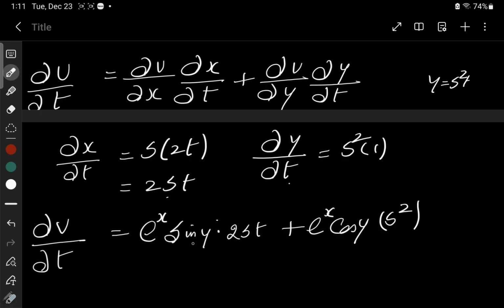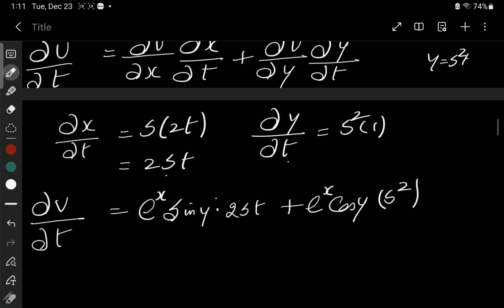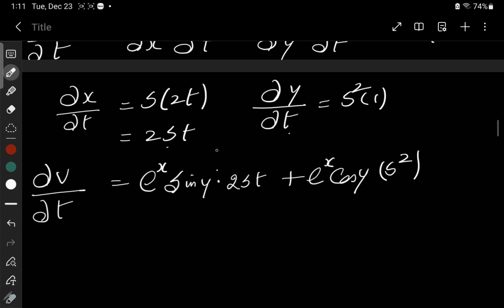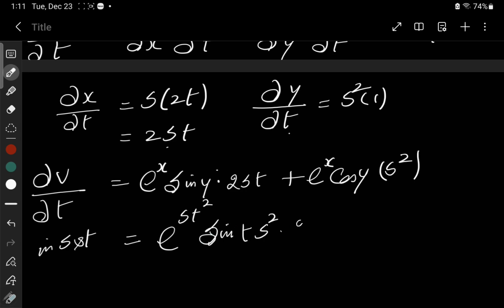This is in x and y. Now replace x and y in s and t: e^(st²) sin(s²t) into 2st, plus